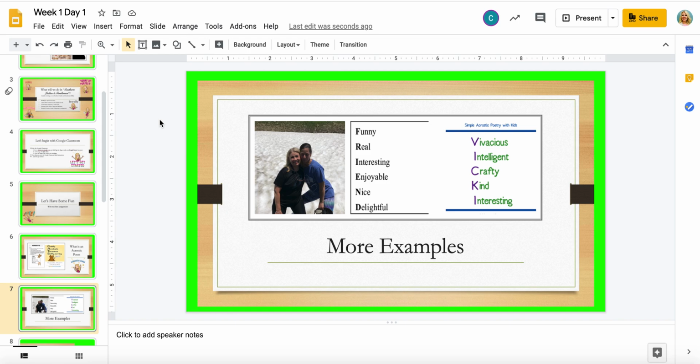But she is my friend, and this is an acrostic poem about friend. Funny, real, interesting, enjoyable, nice, and delightful. Those are all of the things that I can say about my relationship with my friend who lives in Wyoming. A lot of times we do have some really funny incidences that occur, but our friendship is definitely real. It's interesting at times, but it's also very enjoyable. It is nice to have such a sweet friend, and I find the time that I spend with her very,